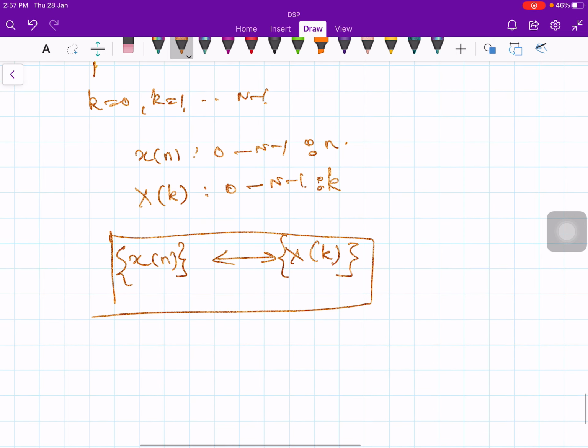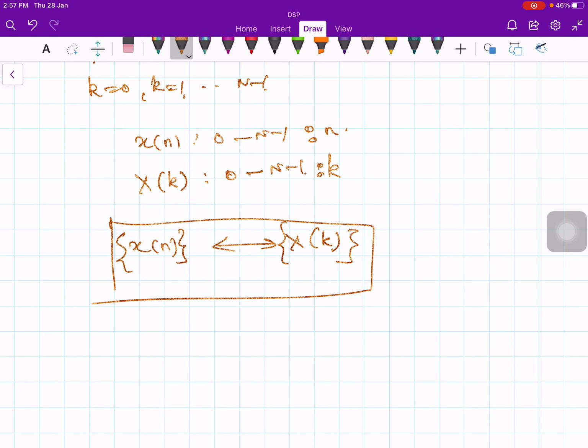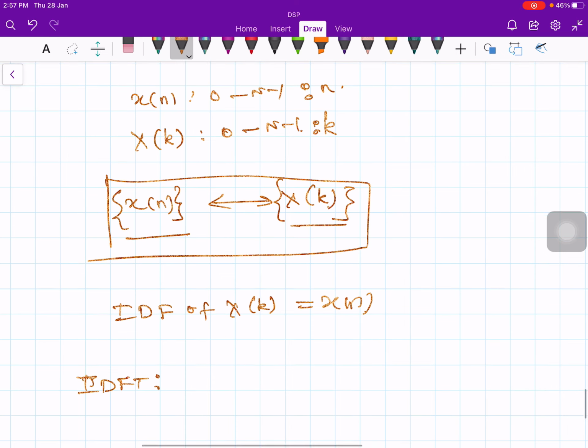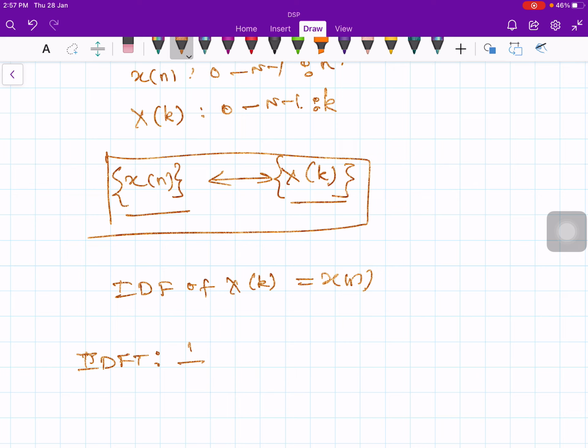Now you can ask me a question, why is it 1-to-1? It can be shown by taking the inverse discrete Fourier transform of x of k to get x of n. Therefore, x of n and x of k form the 1-to-1 transform pair. And this inverse DFT is given by, let us say, 1 over N summation of capital X of small k e to the plus j 2 pi by